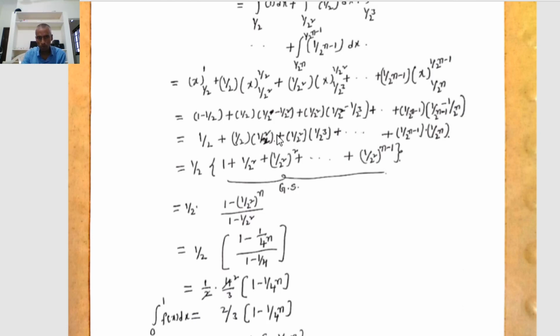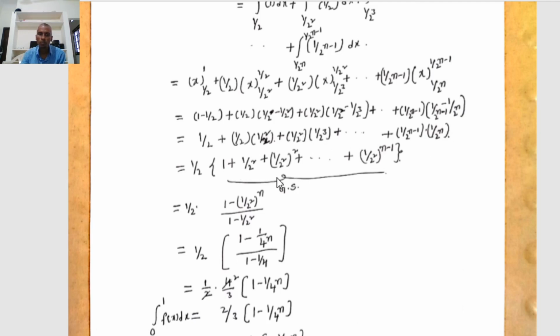1/2 into 1/2 square, 1/2 square into 1/2 cube, and so on, orderly 1/2 square, 1/2 cube, up to 1/2^(n-1) into 1/2^n. That implies taking 1/2 common in each and every term, 1/2 into first one 1, plus second one 1/2 square, third one 1/2 into 1/2 cube,